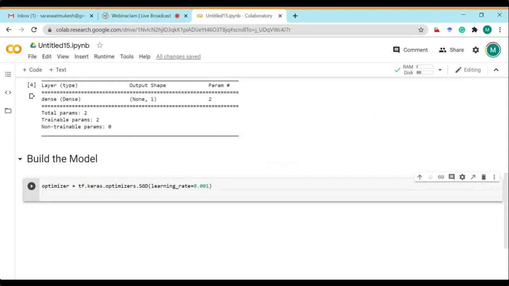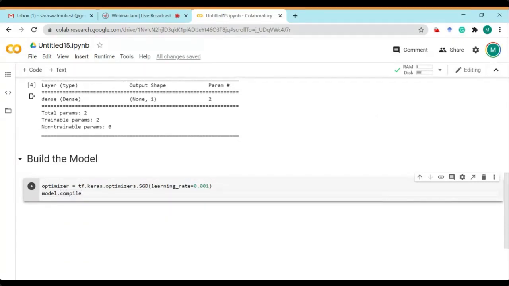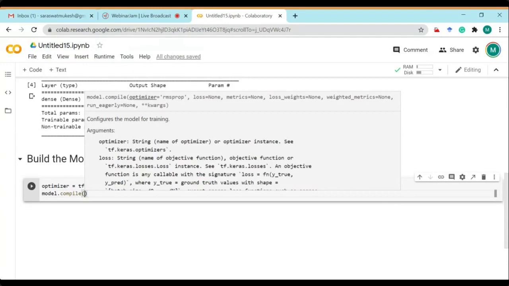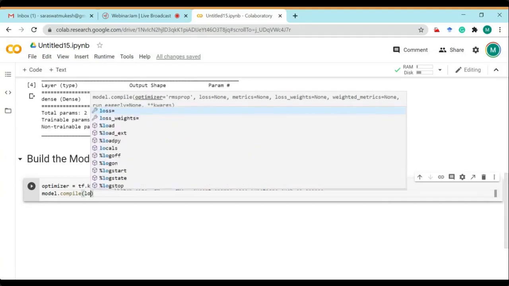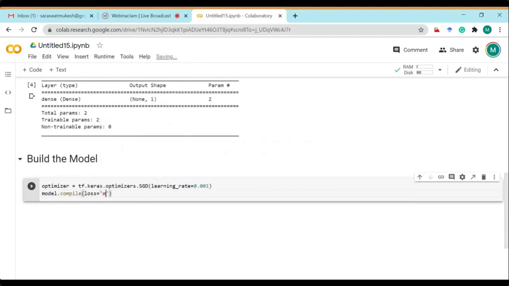Now we have to compile this model. So model.compile, and first we have to define the loss, which loss function you are going to use. We are taking mean square error.